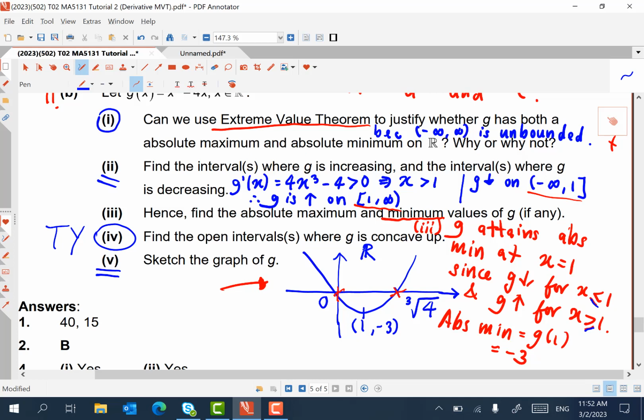But how do we know? If you look carefully, g prime of x, which is equal to 4x cubed minus 4, is an increasing function over this interval. And if the gradient increases,